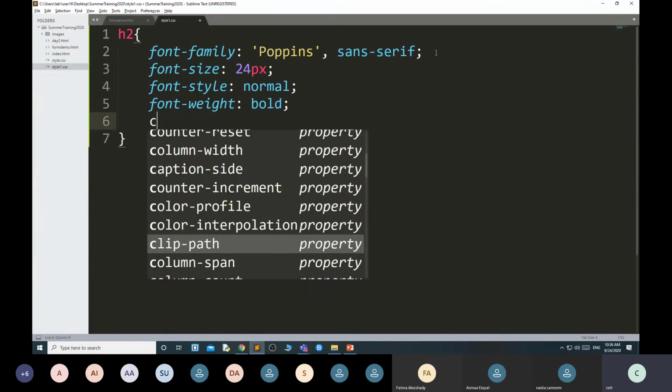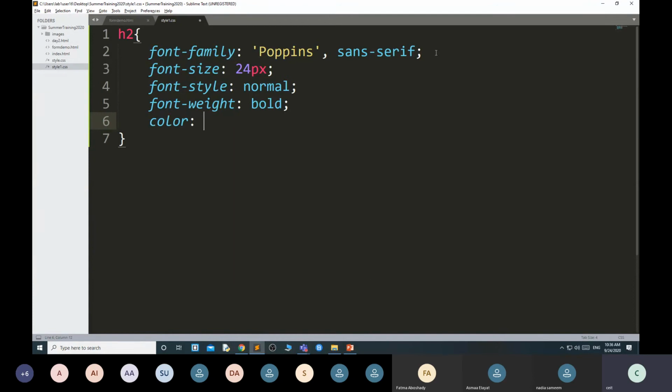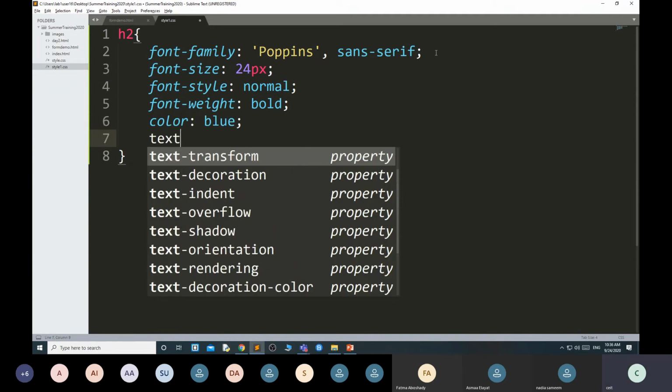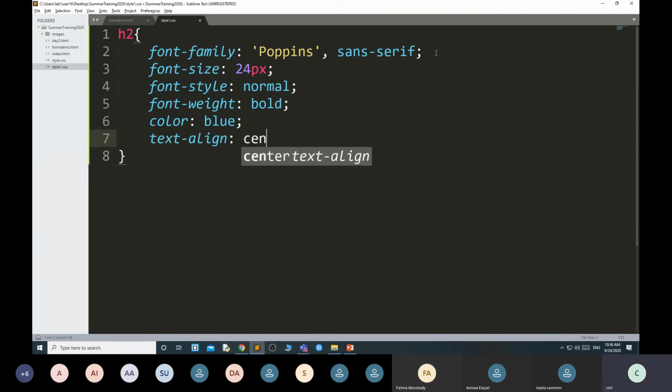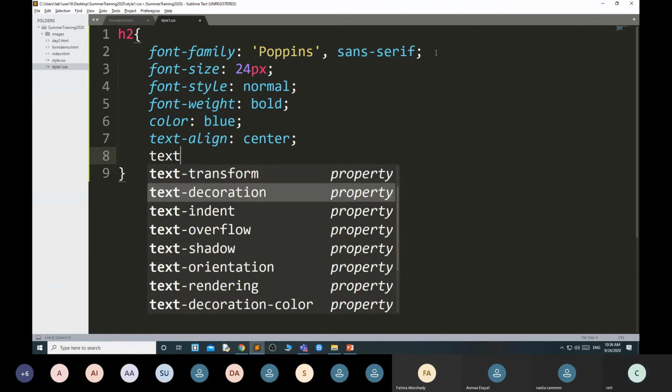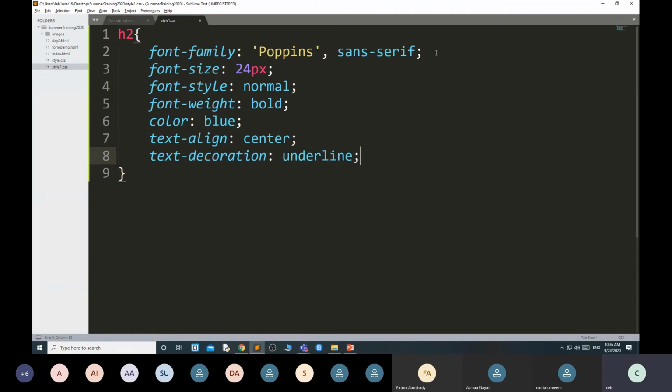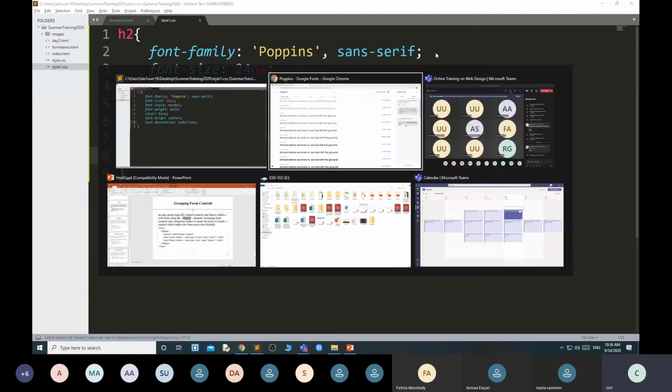Then color. I have already told you color is nothing but the font color, like your text color. Yeah, I am keeping blue. Then text align. Enter. Then text decoration, underline. Okay, first let's see how it looks.